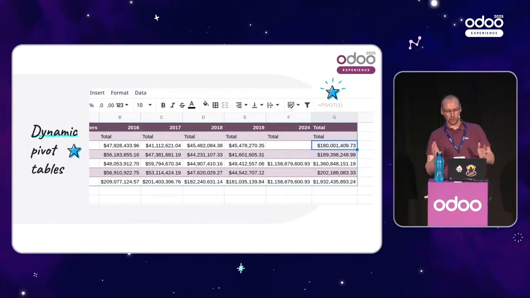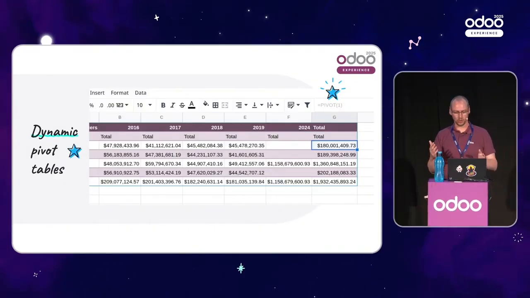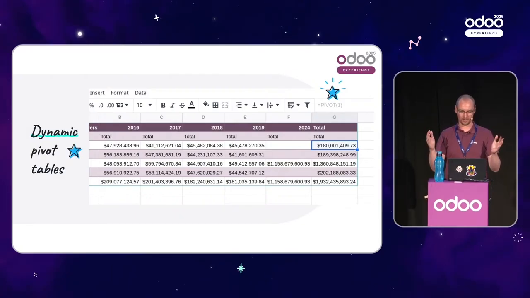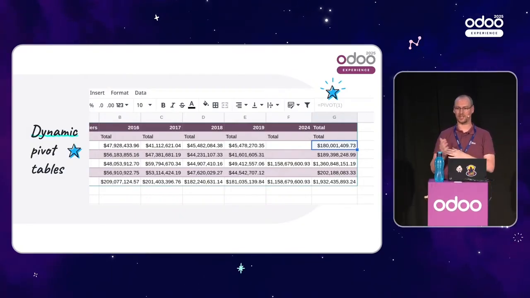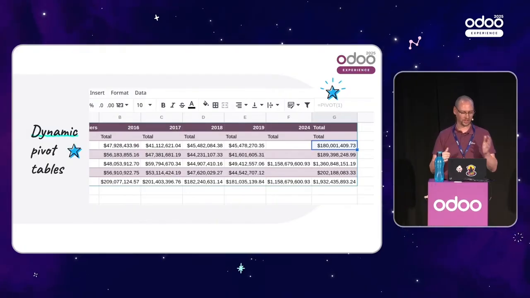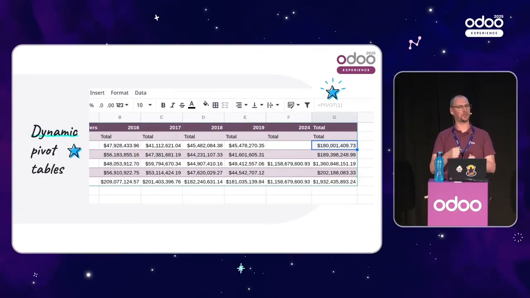Okay, about array formula, that's the hardest part. It needs a bit of developer tools, I mean, a developer mindset to increase the difficulty of the formulas. But what you can do, and that's very easy, is turn static pivots into dynamic pivots. Dynamic pivots have been introduced a long time ago. They have all the features of static pivots that you get when you insert a pivot from Odoo